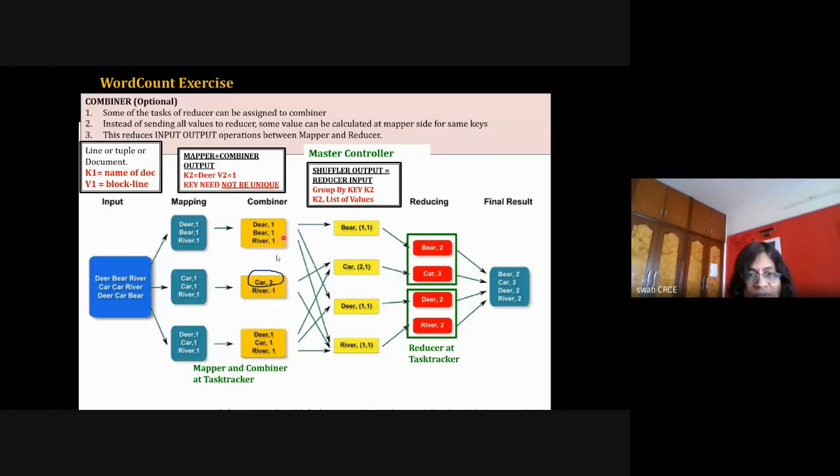So all the keys, like beer from this location, and if there is any other beer from any machine, it is transferred here. Or suppose car 2 and car from this location, so car 2 comma 1 is here, or deer from multiple locations is transferred and going here. Like this, the keys are grouped and shuffled, and that acts as input to the reducer.